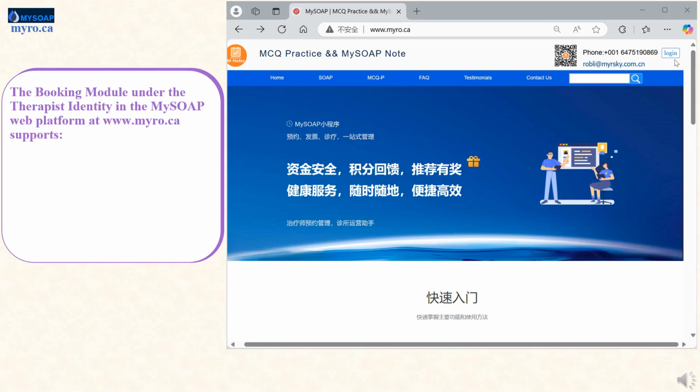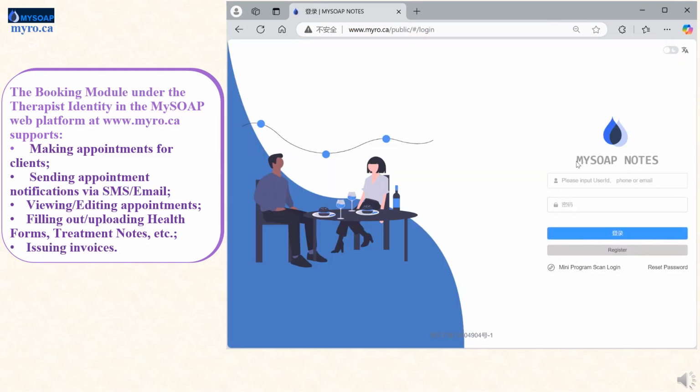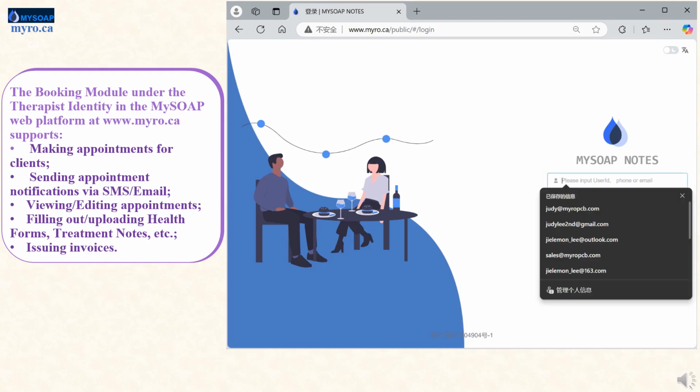The booking module under the therapist identity in the MySOAP web platform supports making appointments for clients, sending booking details to clients via SMS or email, viewing or modifying appointments, filling out or uploading health forms, treatment notes, etc., and issuing invoices. To make an appointment using the MySOAP web platform, go to